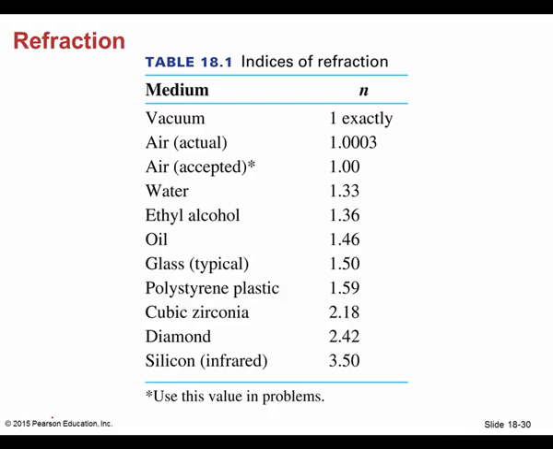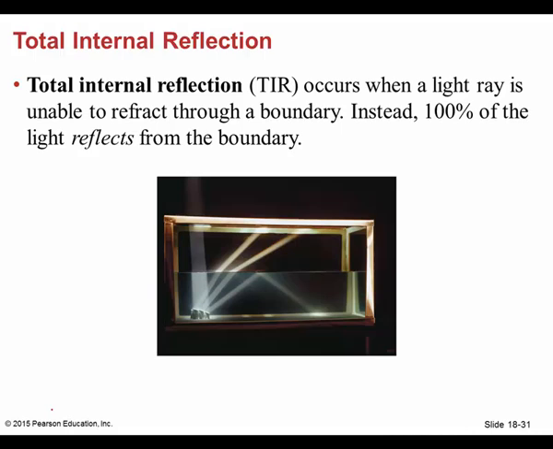Here you see the indices of refraction. We've already looked at some of these. Notice how these indices of refraction start getting pretty high. All right, now what about total internal reflection? Total internal reflection occurs when the angle of the light ray is at the